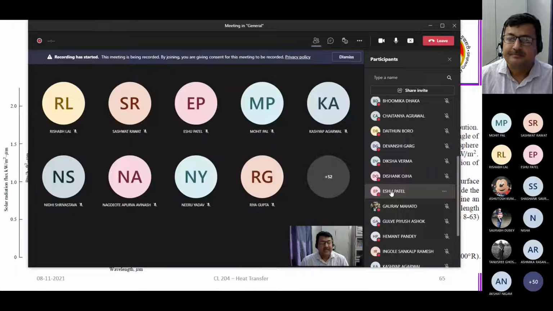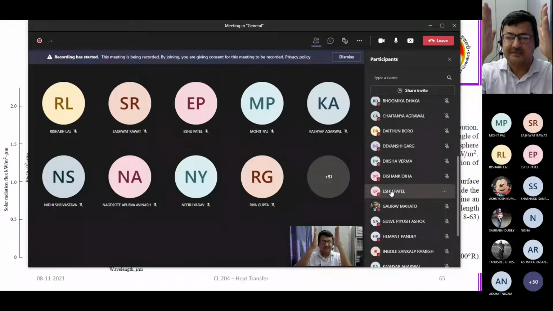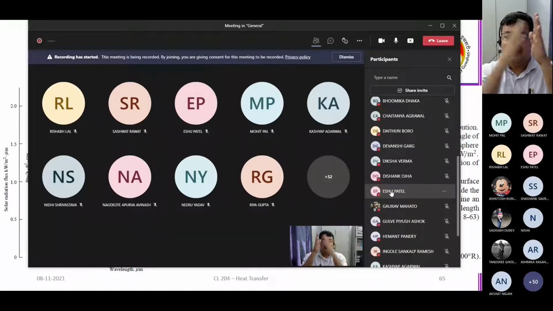It's a kind of linear combination. You have to work out the different types of linear combinations. Of course, you may see that most of the time I'm looking for a parallel surface. That's why my calculations are much easier, that I can really say that this A1 F12 is A2 F21. But say suppose if I have a sphere and a kind of surface, then you may immediately see that this A1 F12 will not be equal to A2 F21. So complications associated with that will also arise.